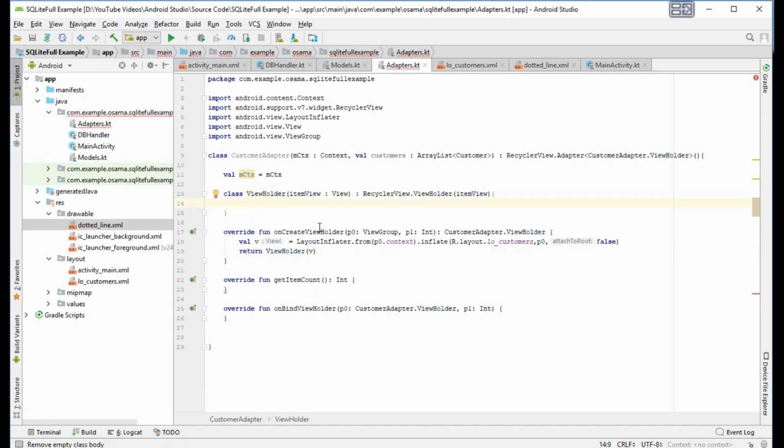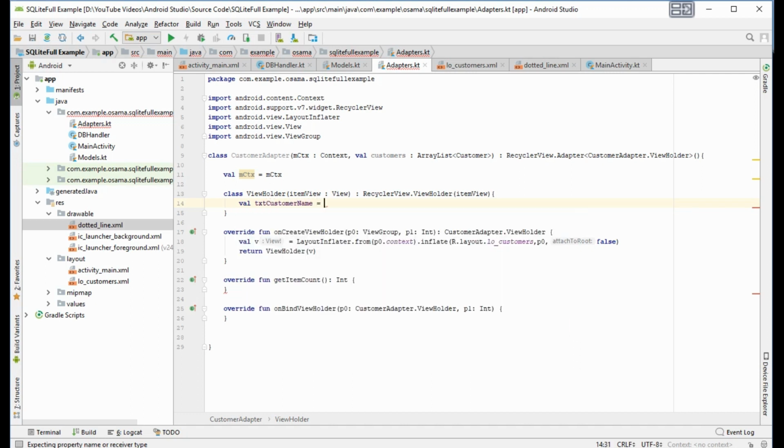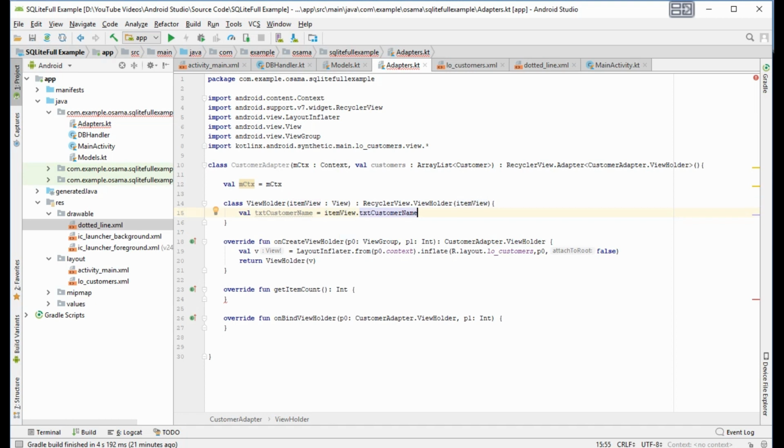Now, we want to define some variables, the text views that defined in the layout. Val txt customer name equal item view dot txt customer name.